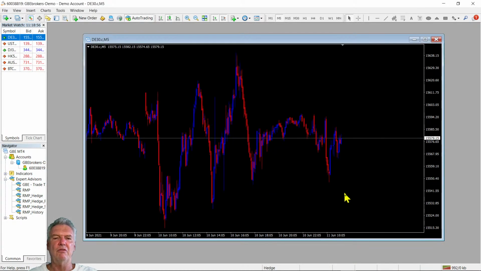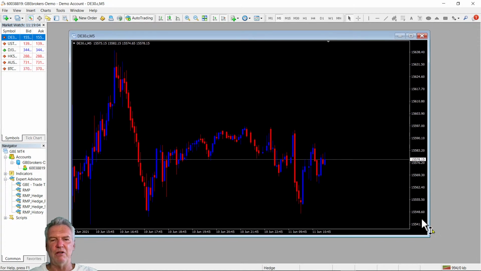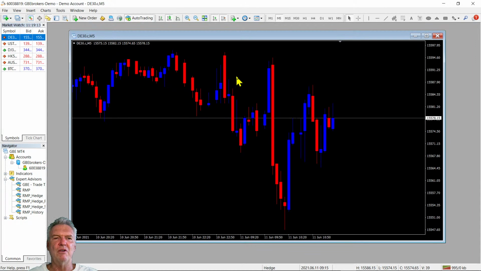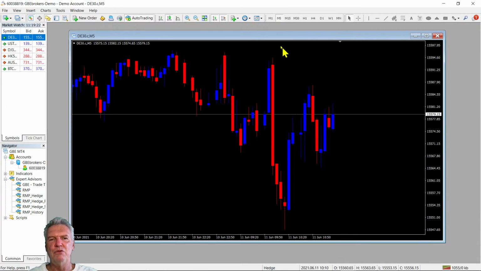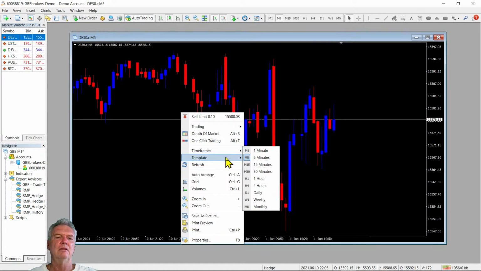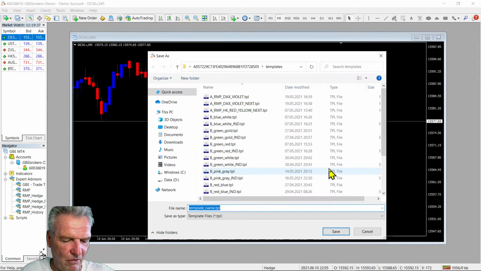So we say okay, and look, now we have an excellent chart, and we can make it a little bit bigger. And when we have our chart what we like, with the blue long and the red short, for example, and we have also the right zoom, and our robot always uses a 5-minute chart, so you don't need to decide what you use. Then we can save this template. We say template, save template, and we say okay, this template we call it B